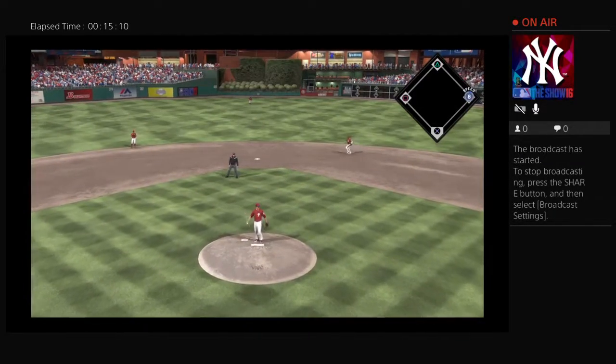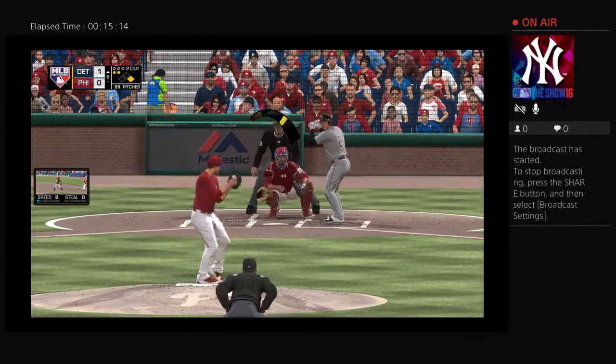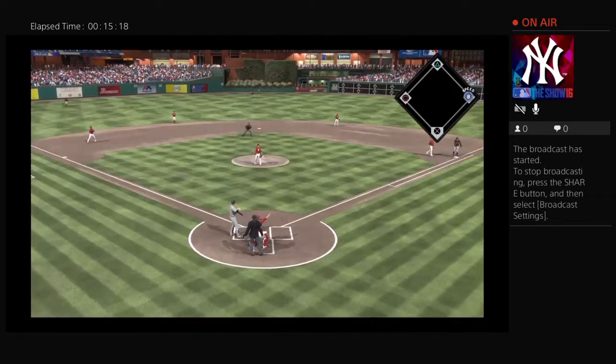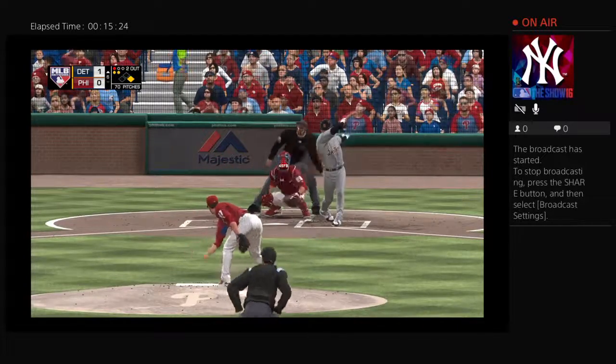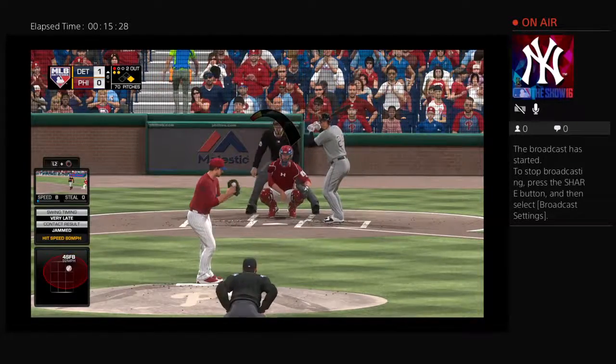Now a bluff here as he steps off to look him back at first, hoping to send him packing. Pitch on its way. Checked his swing there. Did he go around? No, says the first base umpire. Ball one. Now another pitch is hit foul and headed for the seats, so the count will stay put at